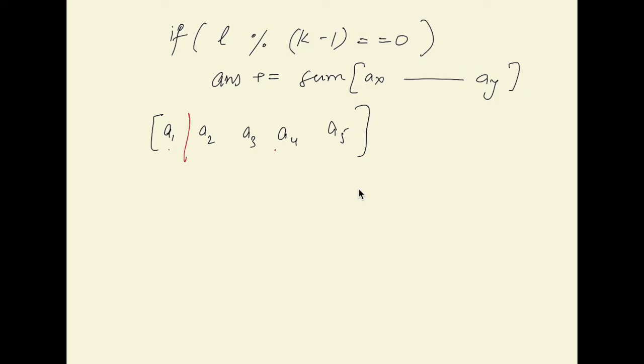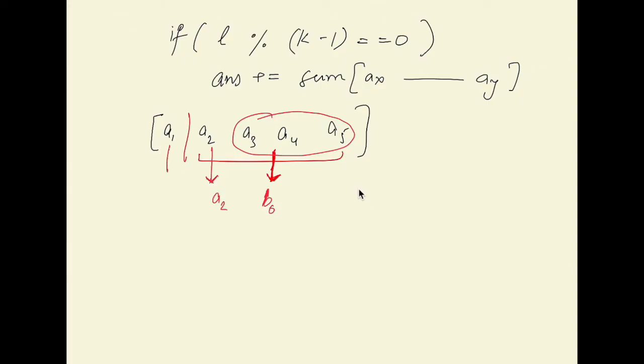So either we split here, then since we have 5 piles, we have already answer for 4 piles, and answer for 4 piles would give us a cost to merge 3 of these and keep one of these as it is without merging, and that could be any 3 of these. So any 3 consecutive of these, let's say that was this. So answer to the sub problem of size 4 would give us the cost to merge these 3, which would be, let's say, B0, and this would be kept as it is. This cost would not be counted,